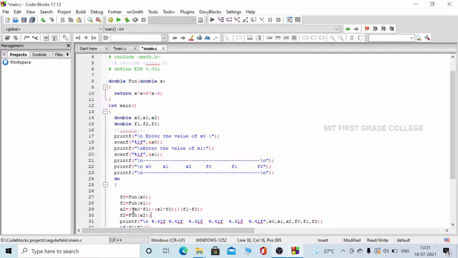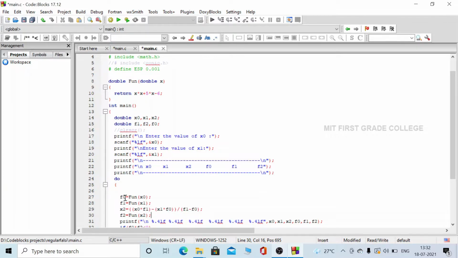So here we need x naught, x1, x2, so that is initialized here as x0, x1 and x2, and then we are calling the function for x0 and x1. So the initial values which we have given, x0 and x1, the function is called for those values, and the results are stored in f0 and f1 respectively.